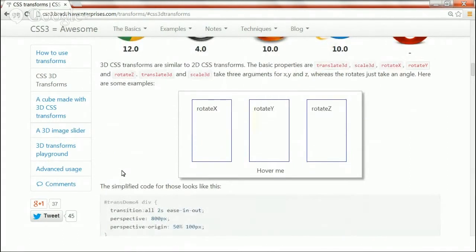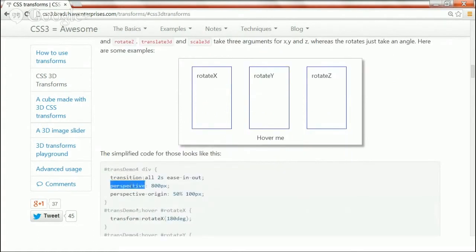These three properties are the same as the rotate property of 2D transformation, but they will have the 3D effect also. Rotate X rotates horizontally towards the X axis, rotate Y towards the Y axis, and rotate Z towards the Z axis. To create the 3D effect, we need to add certain additional properties which I mentioned in the slide, like perspective and perspective origin.